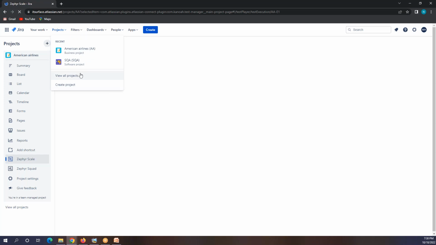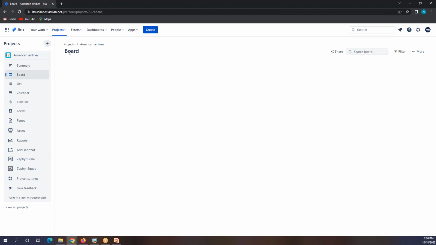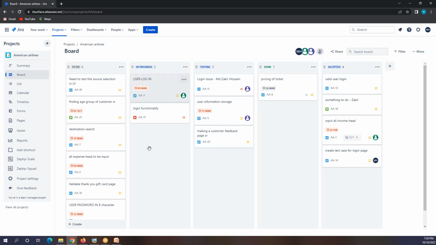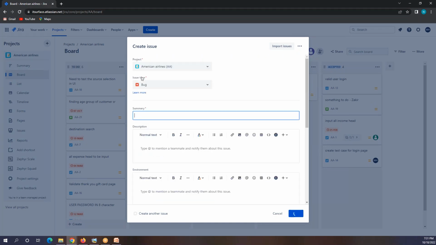So if you want, you can also create your own project and work on that. But there is something already here in American Airlines, so you can start working here as well if you don't want to create any project. You see that some of the stories are already here, so you can work on these stories, or you can create a new task here. Okay, and how will you create it? Just click on this create button, then it will give you some options to create, and here it's asking for the issue type. What kind of issue are you creating?